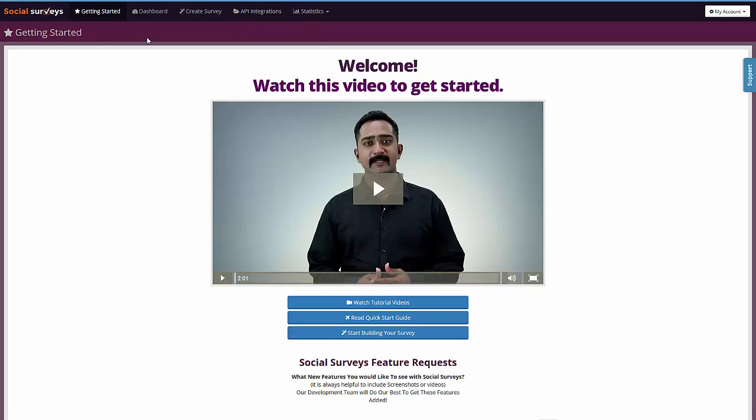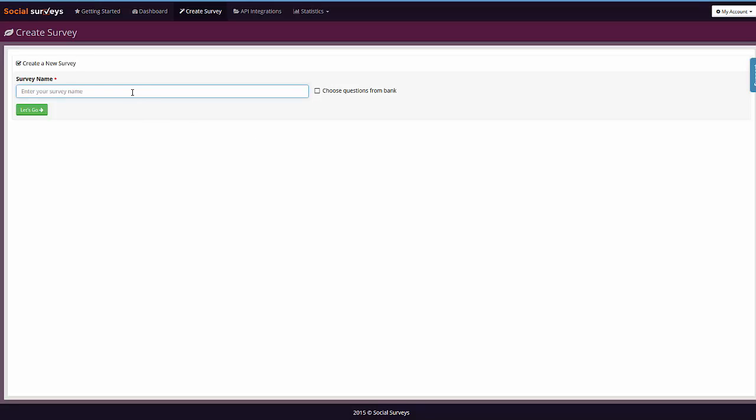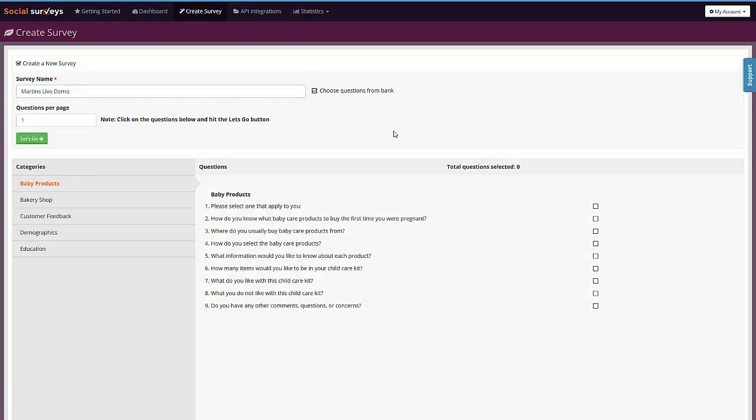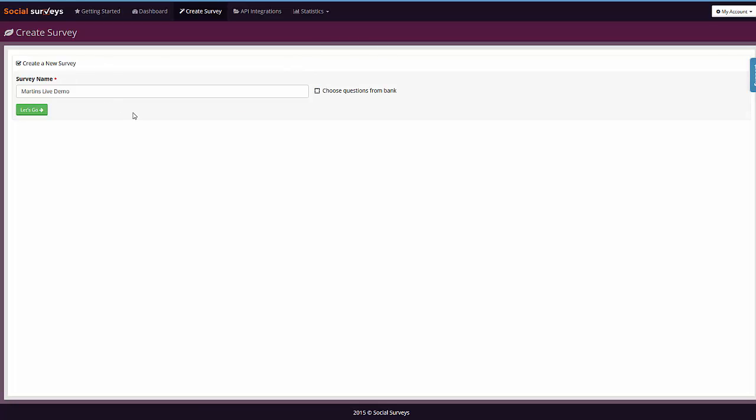So rather than go into each feature now, I'm going to go and create a new survey and show you everything from the start. So this one is, you just pick your survey name. If you tick the box here, question bank, you'll notice there are loads of pre-loaded questions that have been researched, and they're all tried and tested from big industry surveys. You can use those to build your survey, or you can just create your own questions, which most people I expect will do. So we click the green let's go button,